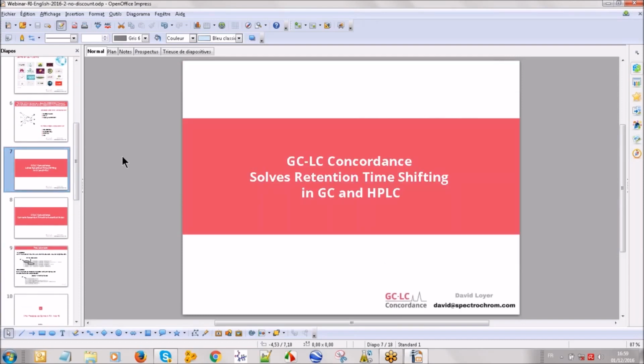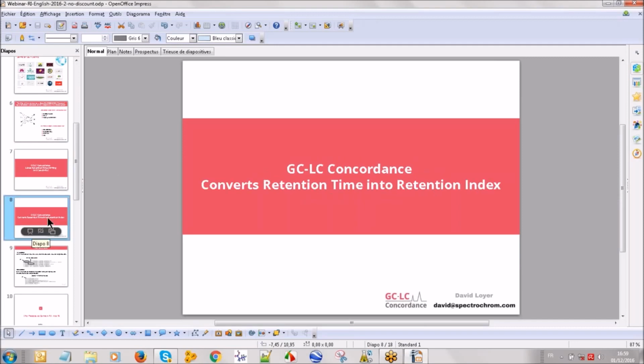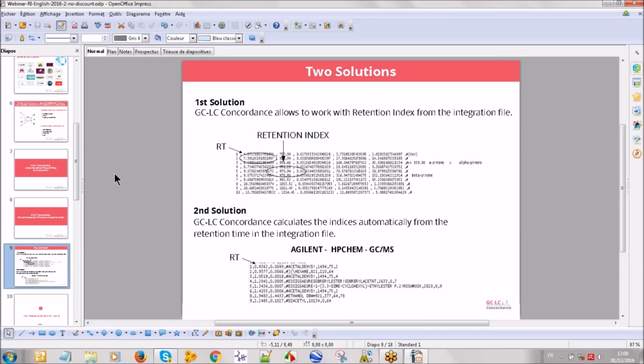As you may know, if you have seen the first webinar we've done, GCLC Concordance solves retention time shifting in GC and HPLC, but it also converts retention times into retention index. There are two solutions for GCLC Concordance to do that. The first solution is through the integration file, which